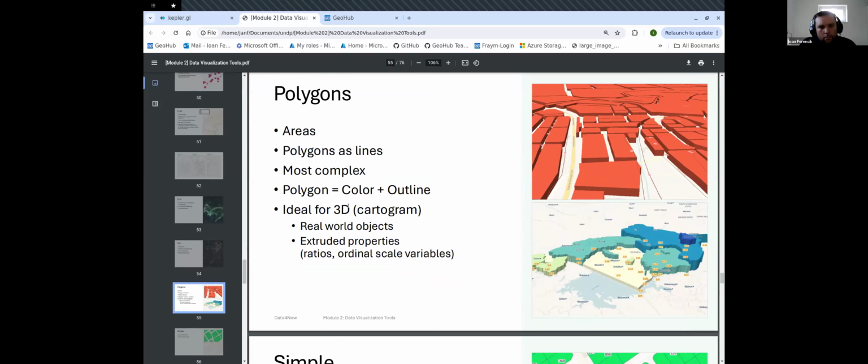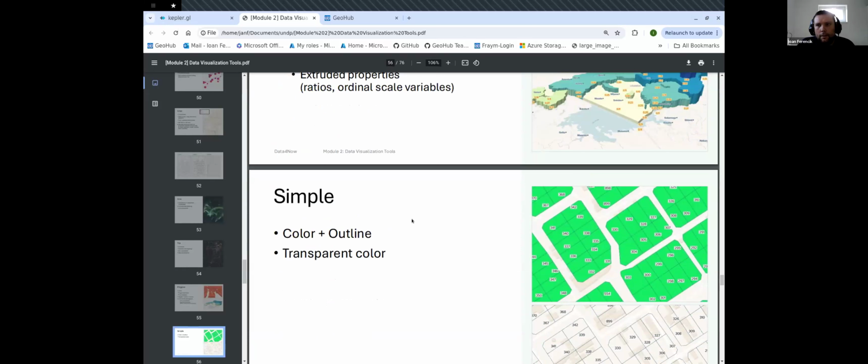So they have an outline, and this is also useful to know because you can make very detailed use of this. They are the most complex, and they're quite suitable to be represented in a 3D space. So similarly to point, line and polygons,